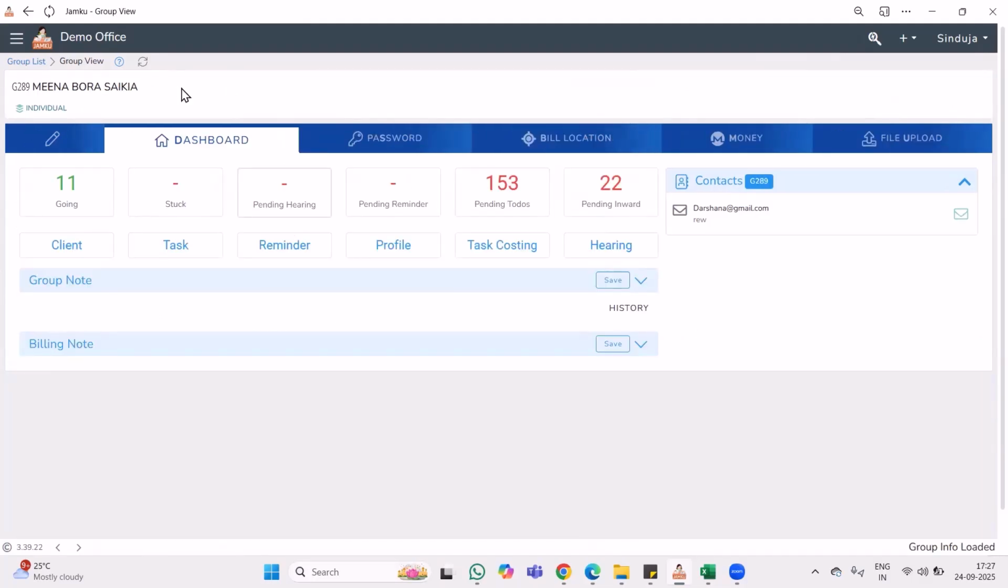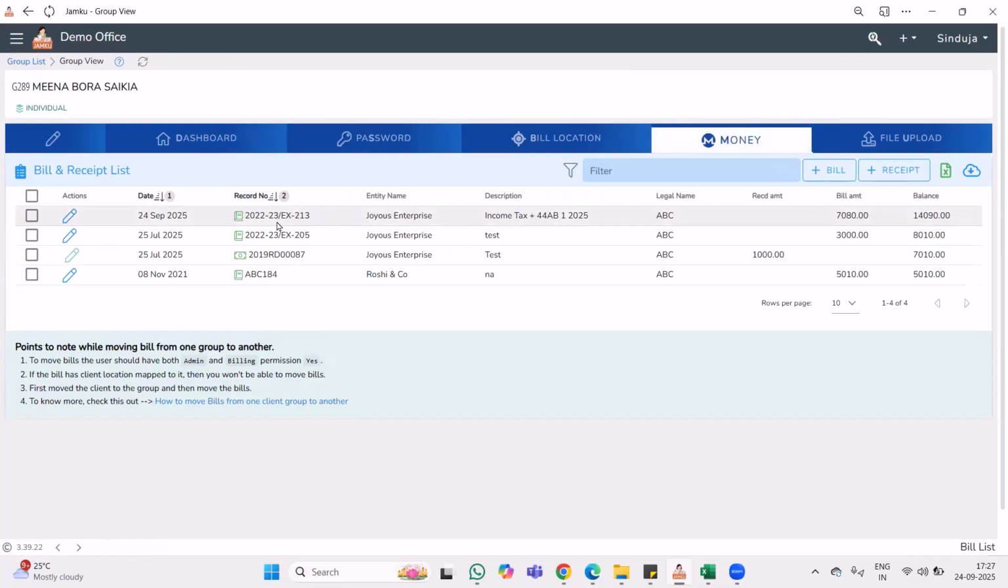So to this client, we have raised the invoice now. If you go to the group list, click on this money tab, and you can see this is the bill that we have raised today. If you have received an amount from the client for this, you can add the receipt. Click on this plus receipt,